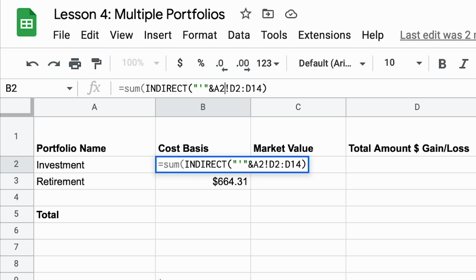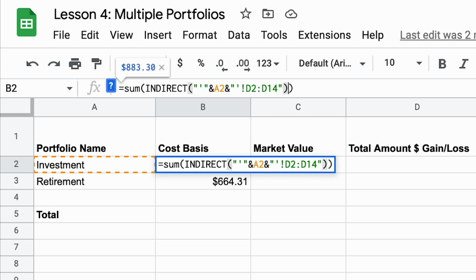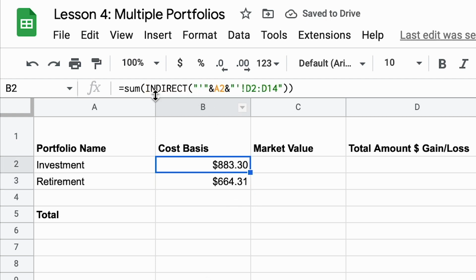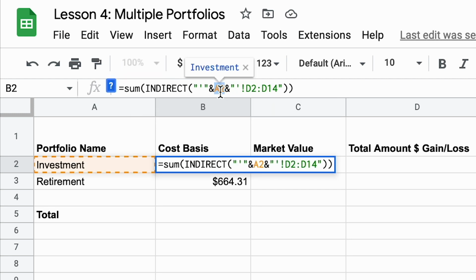We'll put another ampersand, quote, single quote, and then the reference to the range that we want. And then we can put a close quote there. And then we need to make sure we close all of our parentheses. We hit enter there. We get the same result, except instead of hard coding investment, we're now automatically capturing that from cell A2